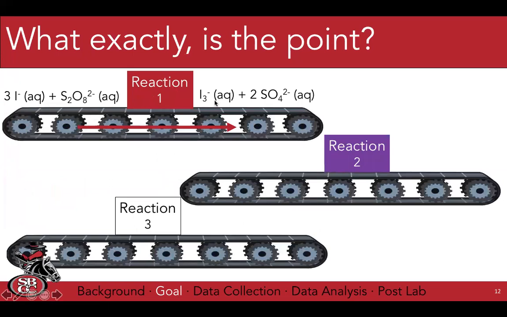Imagine these boxes. This is some sort of assembly line, and these boxes are the reactions. So we're putting in I minus and our persulfate, and this reaction 1 is what we care about. When this comes through, it's making I3 minus, and it's making our sulfate, and it's going to dump to this next conveyor belt, and it's going to now move this way. So try to work with me on this analogy. It's dropping over here and going through reaction 2. So it's going to drop in I3 minus, and it's going to use this thiosulfate, and it's going to reproduce